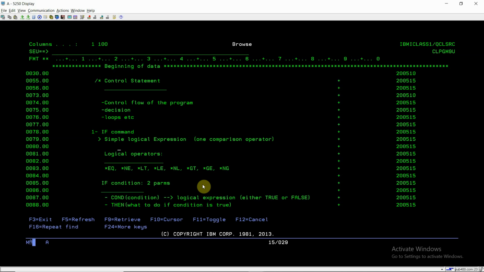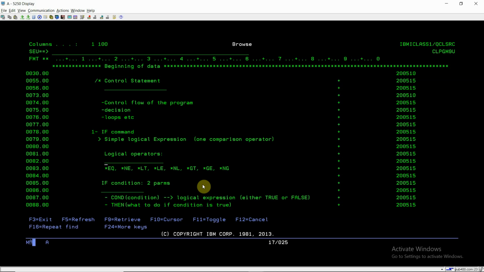First is the simple logical expression. A simple logical expression is an expression where there is only one comparison operator. Before going into what it is, let me discuss the logical operators.